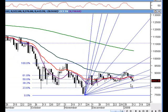Let me bring this back into focus, and let's do our chart checkup like we do every day. Let's go for trend line analysis on the short-term basis. Based on that, there's a trend line at 86.04 that we broke 16 days ago, and this is a bearish sign. The uptrend line currently has an ending point of 99.77, and that may provide resistance, or should provide resistance,